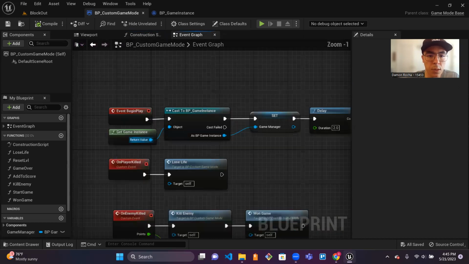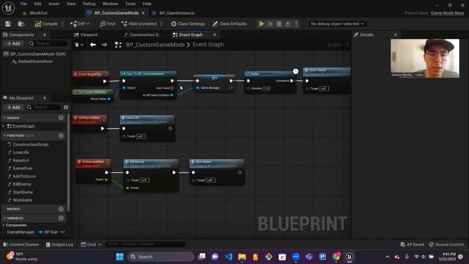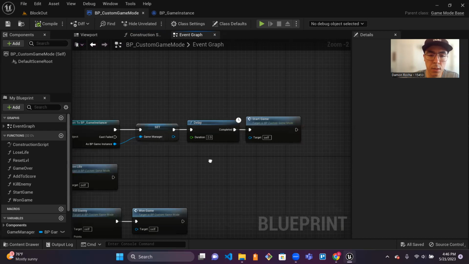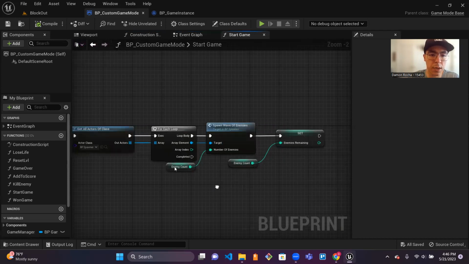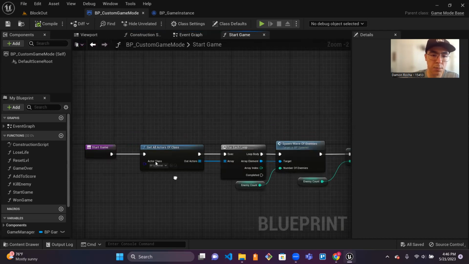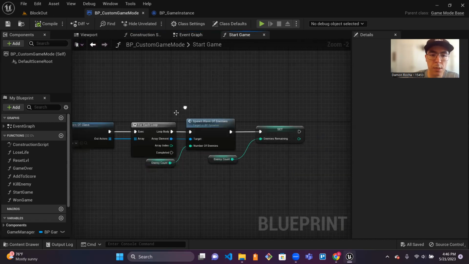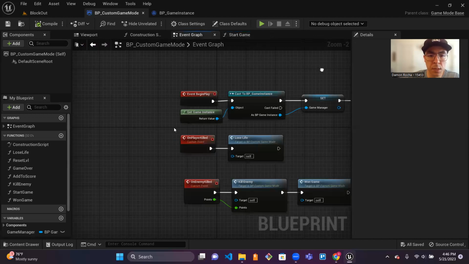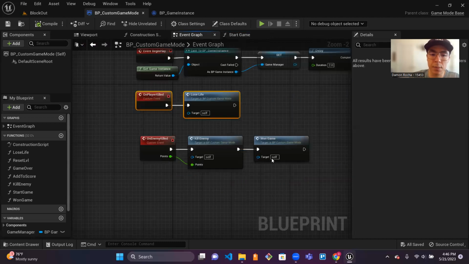So for here, this game mode is going to get hold of the game instance, set it as a game manager, and then set this delay. You do a delay and then start the game. And the start game function for this game mode will be to get all the spawner class that spawn the floating boxes, and then spawn a wave of enemies based off of this enemy count. Then the game mode handles what happens when a player dies and what happens when an enemy